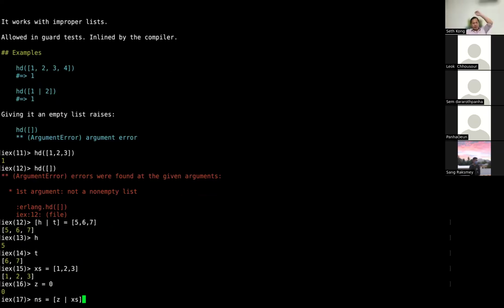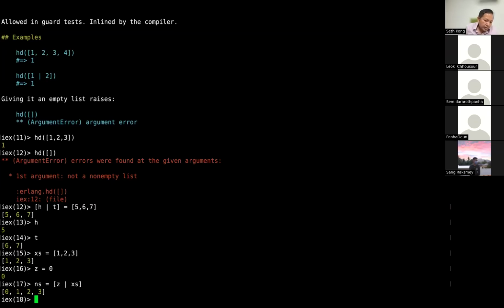So what I'm doing here is that I generate a new list called ns, and in this new list, I prepend z to xs. I add z to the front of xs, and then when I press enter, now I get 0, 1, 2, 3. But if I check xs